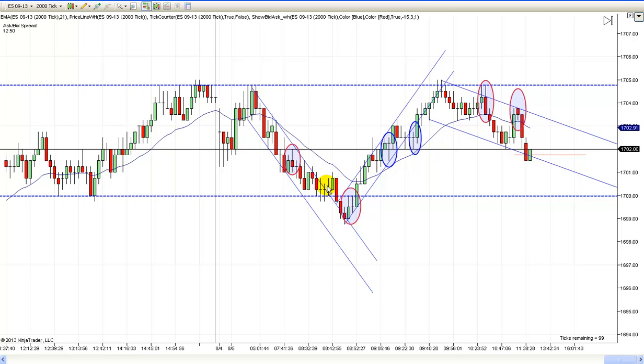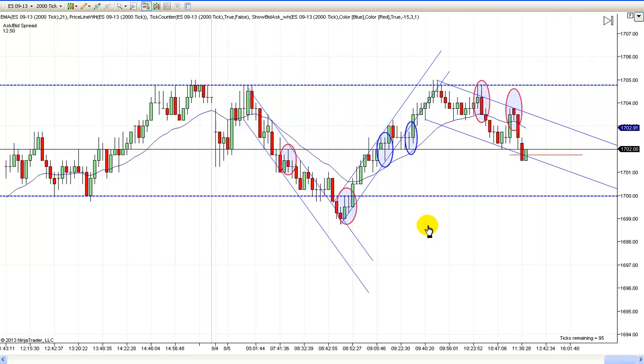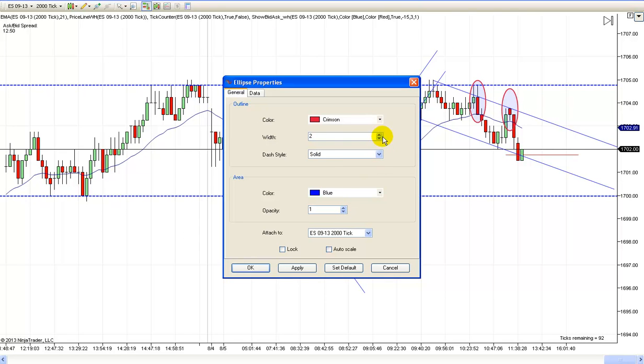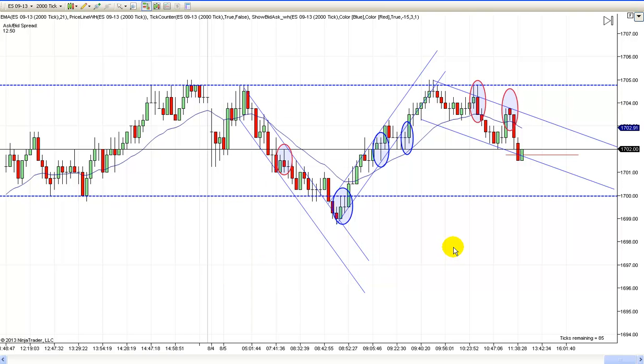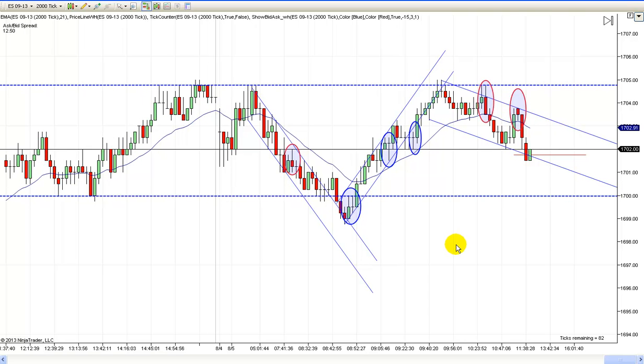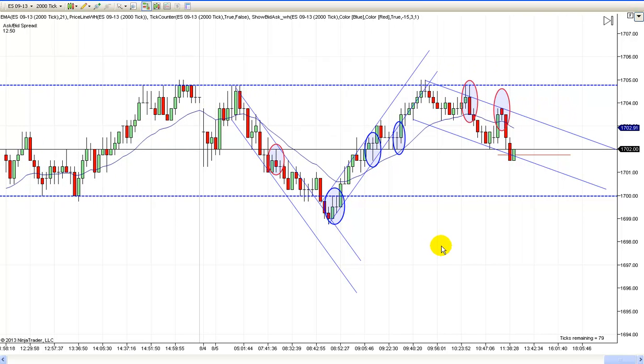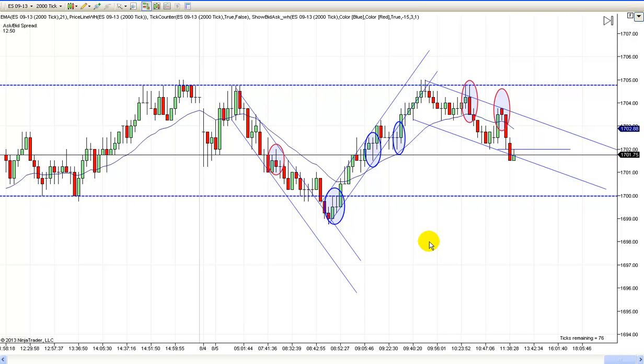And I almost let them shake me out of this trade, but I hung on, and it worked out. And we had a nice reversal. This is actually supposed to be blue. Why I made it red, I do not know. So let's change that back so we don't confuse anybody, and go from there. But let me just show you, it's only a handful of trades. Before I go to the trades, I want to talk about something. I've gotten a couple of emails about this, but